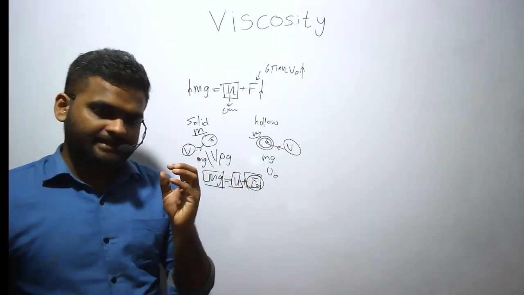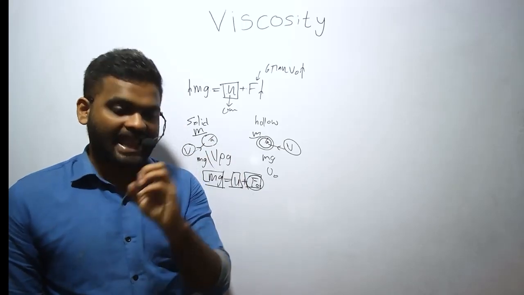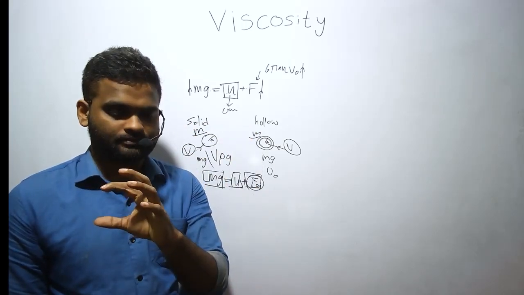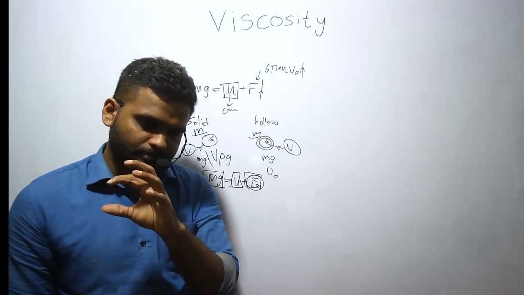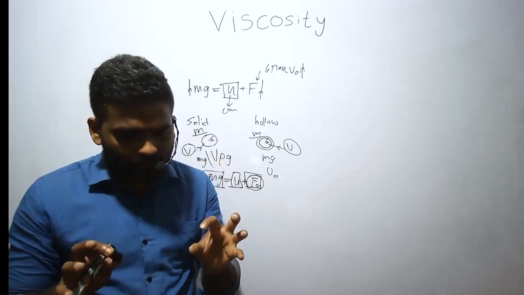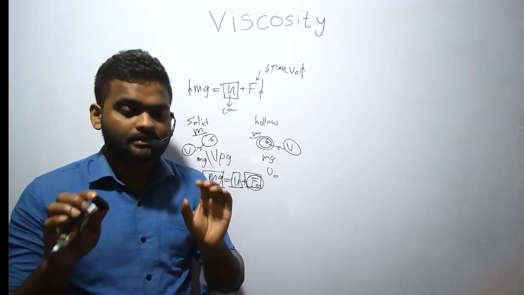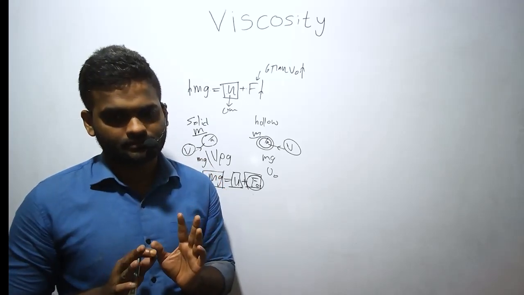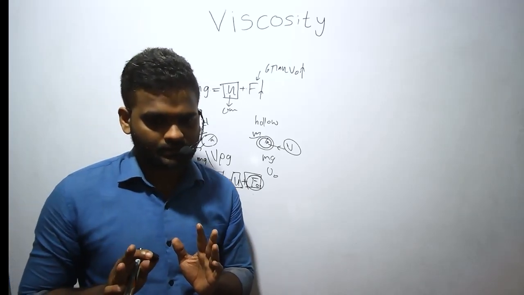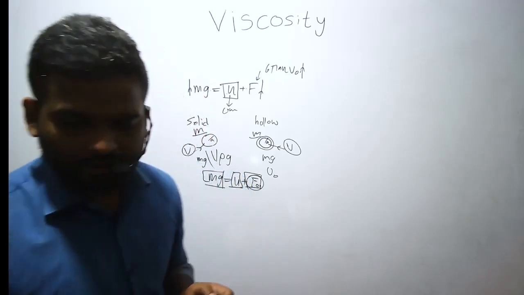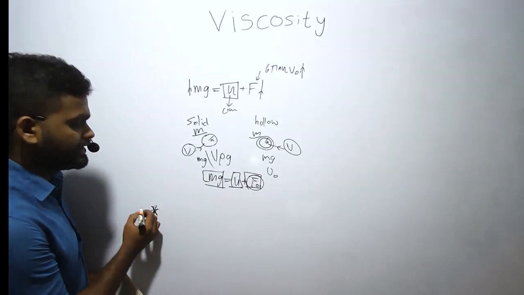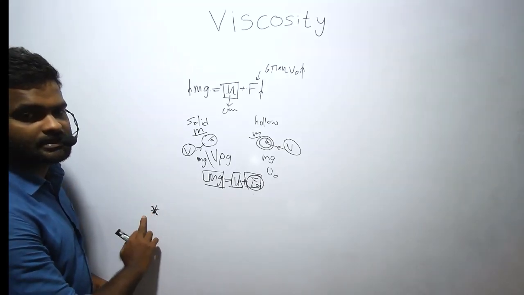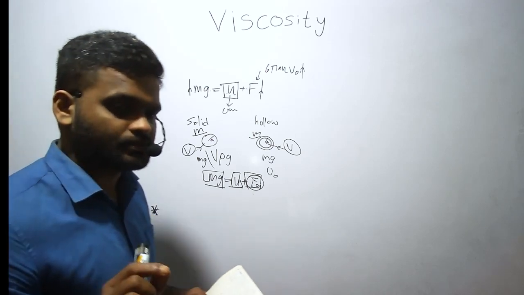But both have the same mass and the same volume. So even though one is hollow, it does not matter. Both will have the same terminal velocity. Then put another asterisk mark, write down